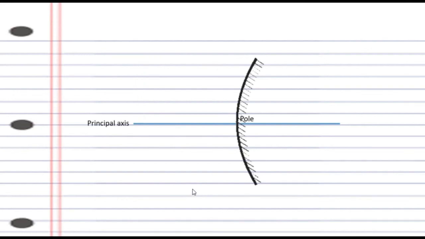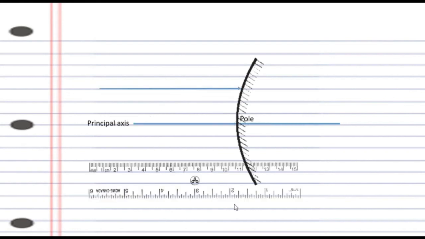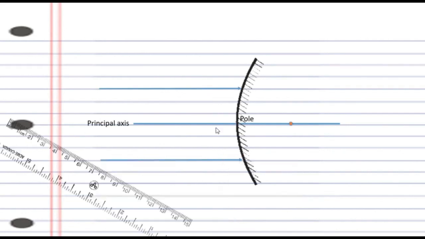Now let me take two light rays parallel to the principal axis, one above here, another here. Again I am using these lines. Let me keep the scale back and draw the light ray, and at the bottom also let me keep the scale right on that line which is already there on the ruled paper and draw a straight line. So these two are the incident rays, and you have already seen at the start of this video how they reflect. You can go back and see how they reflect, they diverge.